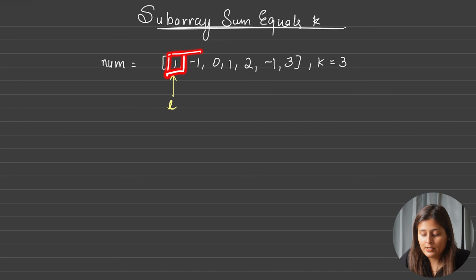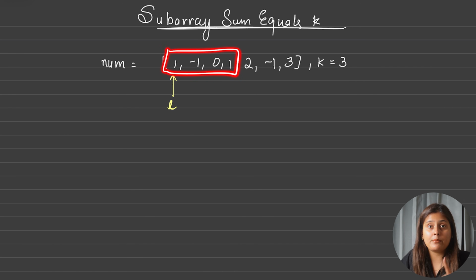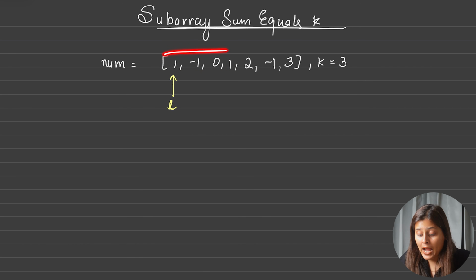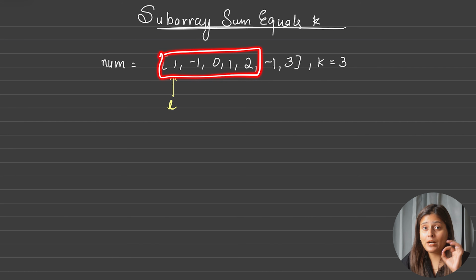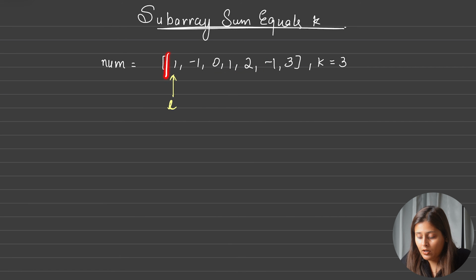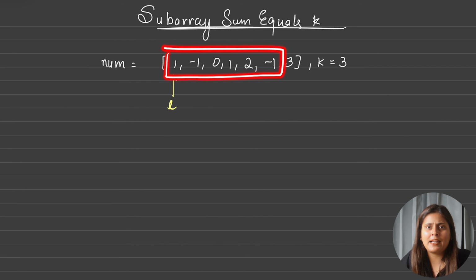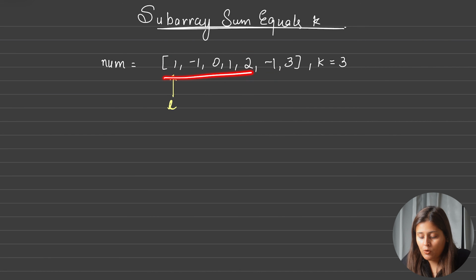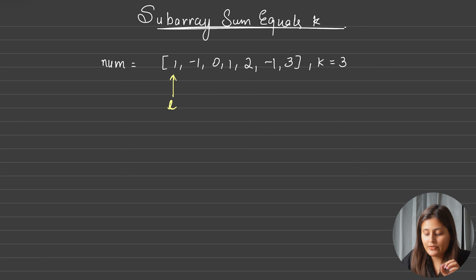Then we will add this, it will become 0. Then we will add this also, again it will become 0. Then we will take this subarray, the subarray sum is 1. Then we will take this, and yes, now current subarray sum is 3, so we can include this in our answer. Correct? Yes. Then again we will move forward and we will add this. After adding this, it will become total 2. Correct? And now we will count this also, and total 5. So hence, with the starting L index from 0, we have found only one valid subarray.